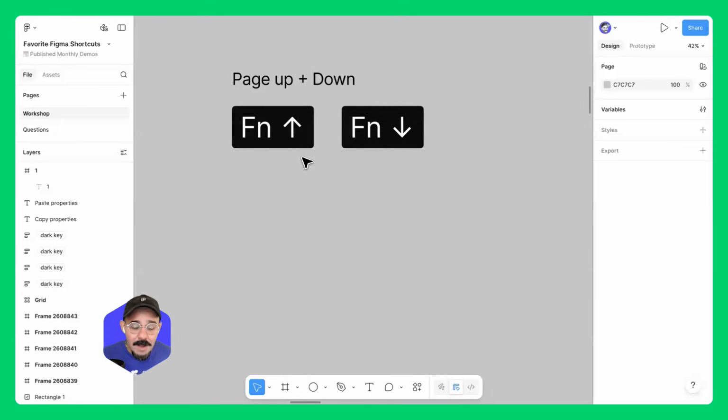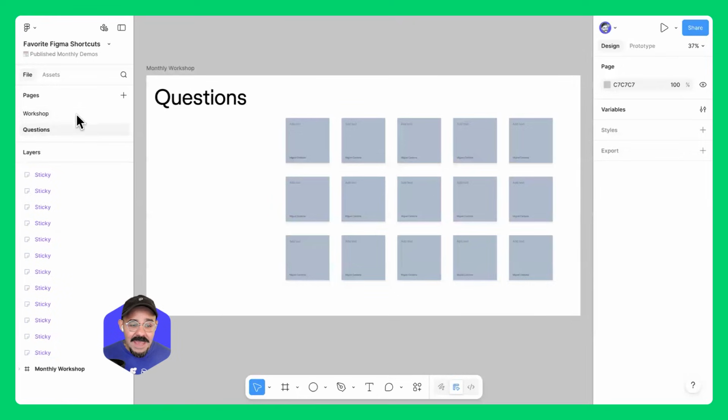Next up, page up and page down. So we're in the Figma interface, right? We're navigating this large infinite canvas. However, we also have pages over here on the top left-hand side. Now, to navigate a page,